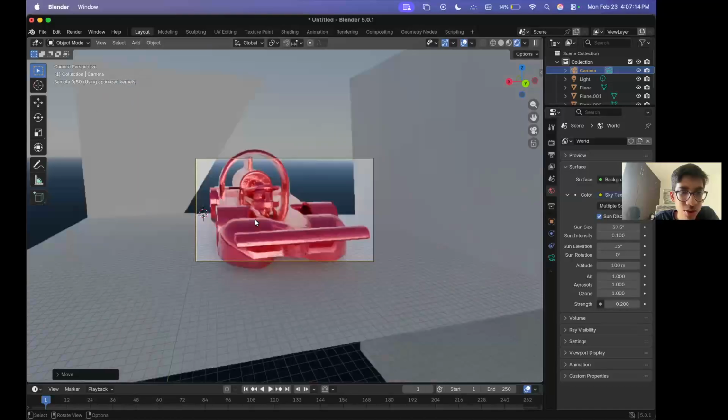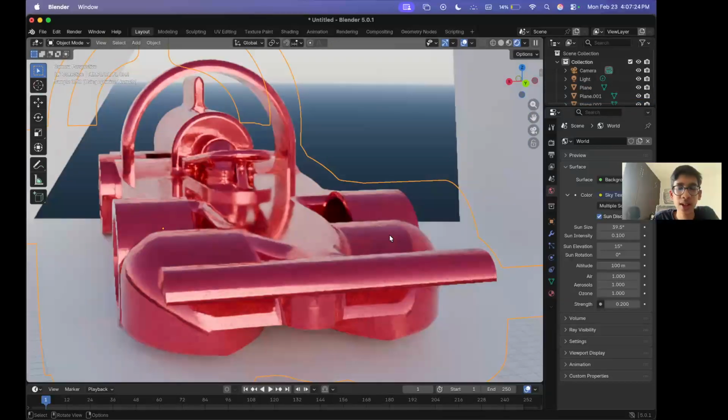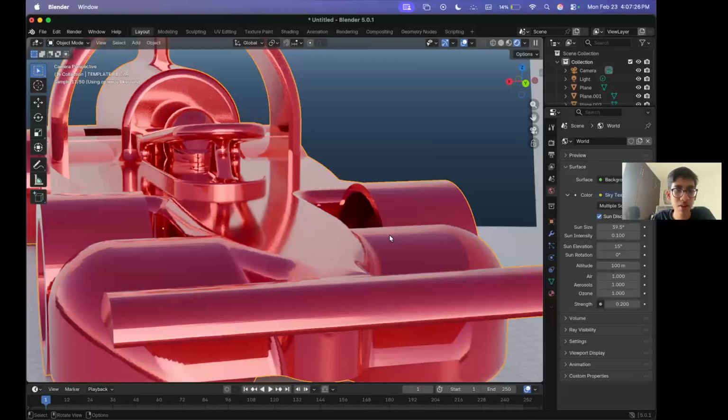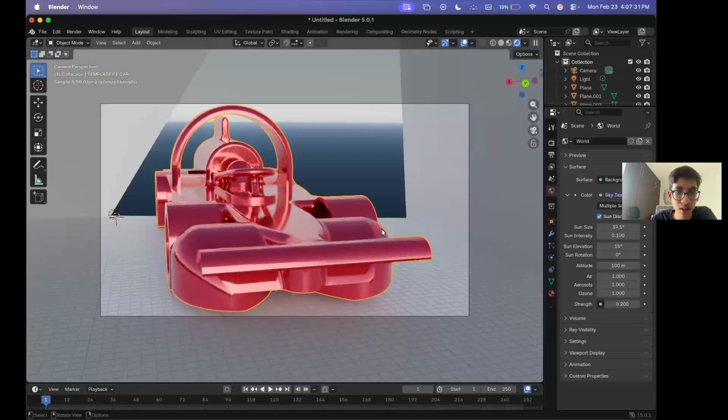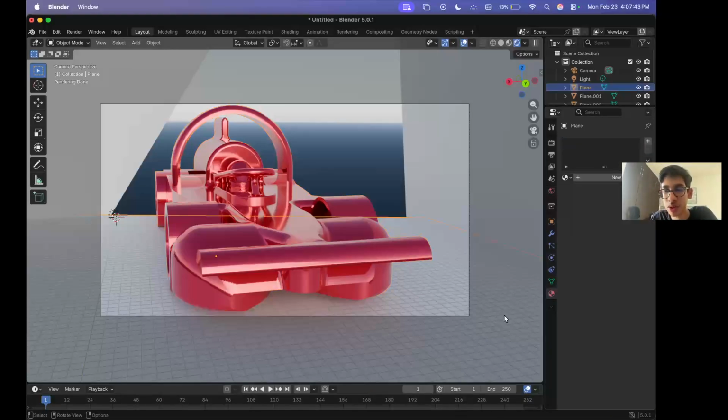That's pretty much how to render your car. I'll also show you how to change the color of specific parts of your car, which I'll show you in the next tutorial. But this is the basics of rendering a car in Blender. I'll also show you how to change the material of the floor. So let's select the floor,